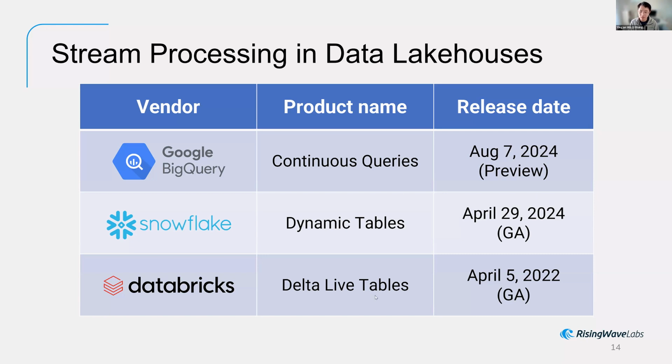For Databricks, well, I mean, they have a pretty solid product called Delta Live Tables, and it was released recently, 2 years ago. So we can see that no matter which vendor, they just started working on continuous queries or stream processing, introducing the stream processing technology into their product line, right? And we definitely want to compare the differences and the similarities across these different technologies, right? So yeah, let's dive deeper into that part.